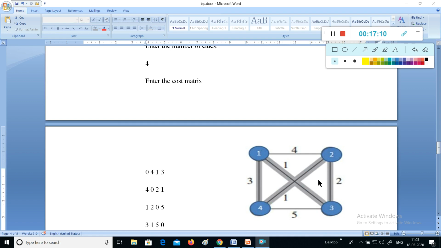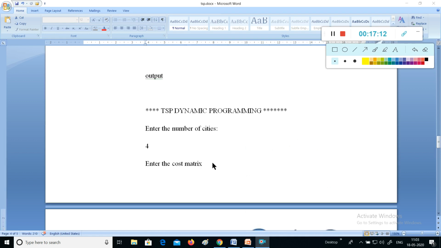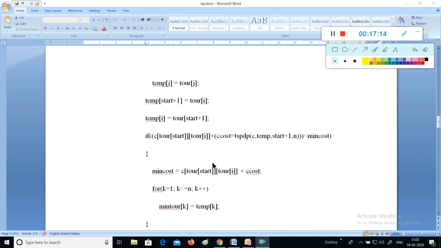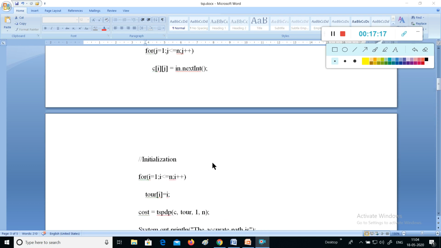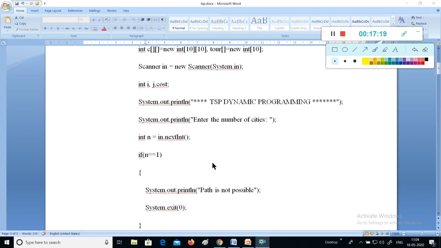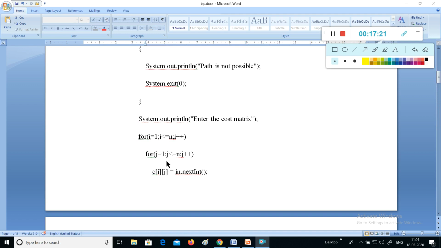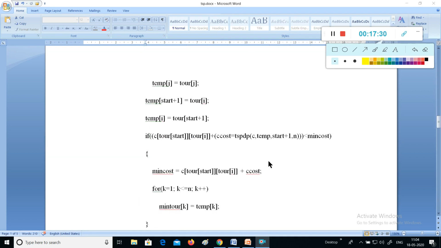You can number them any way you want. In the program we have taken the vertex numbers from 1. If you take for I is equal to 1, it begins with vertex number 1. If the values of I and j are 0, the vertex numbers begin with 0.